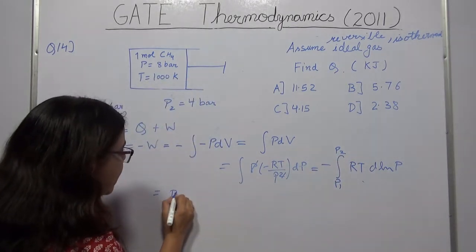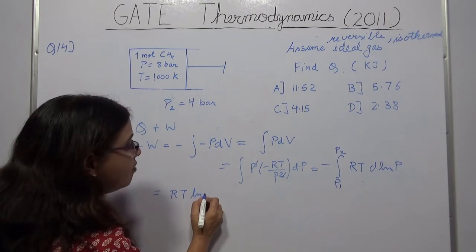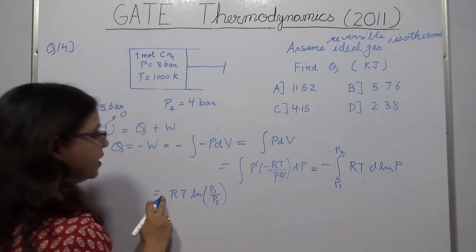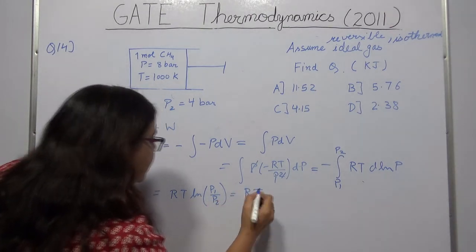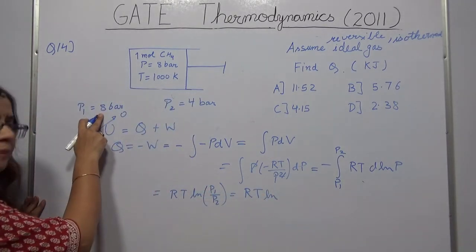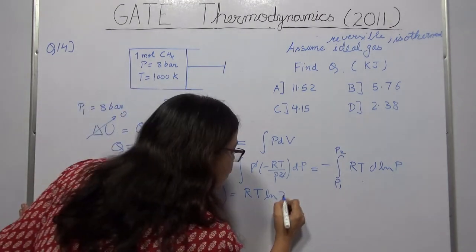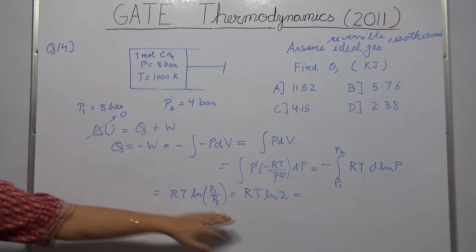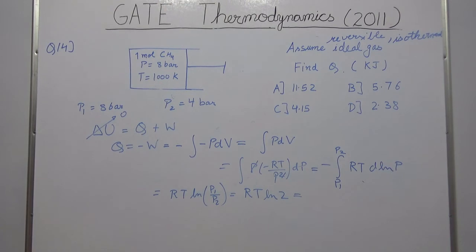RT is constant, and after integrating I will have ln of P1 by P2. I am absorbing the negative inside this. Then do the calculation. What is P1 by P2? Initially you have 8 bar of pressure, finally you have 4 bar, so P1 by P2 is 2. Put the value of R, which is 8.314, and T, which is given as 1000 Kelvin, so you will get the answer as